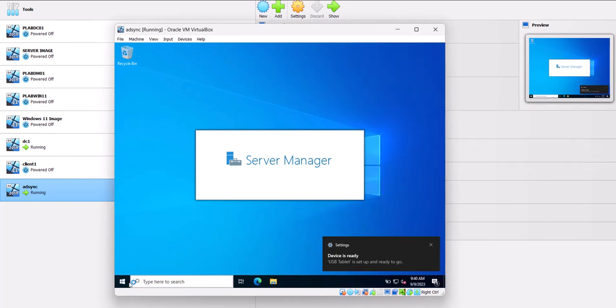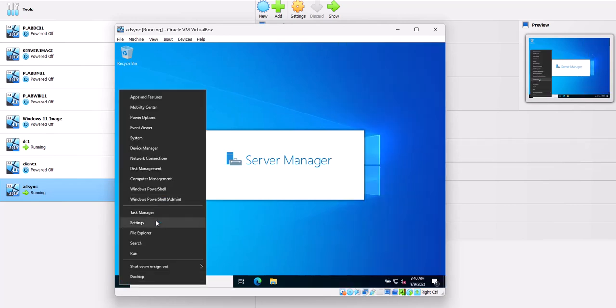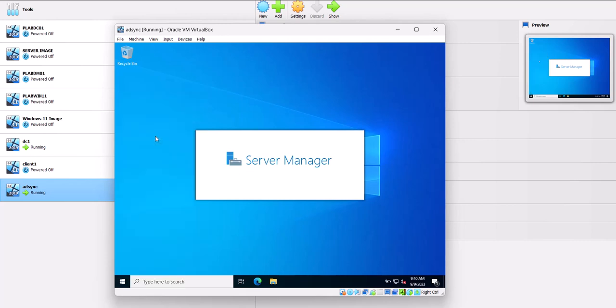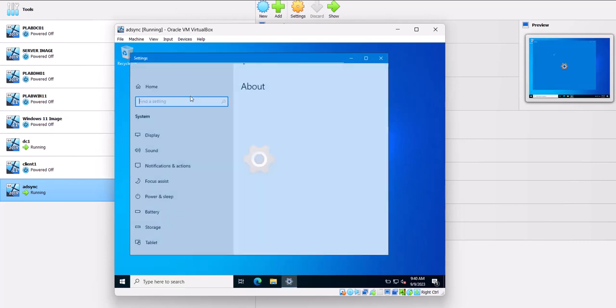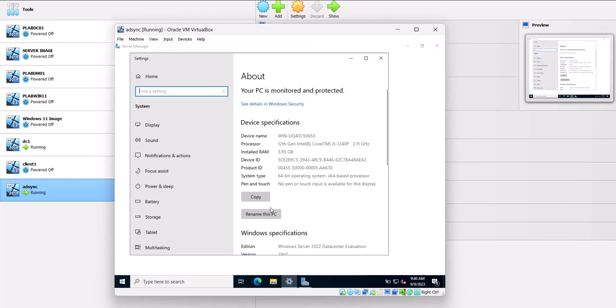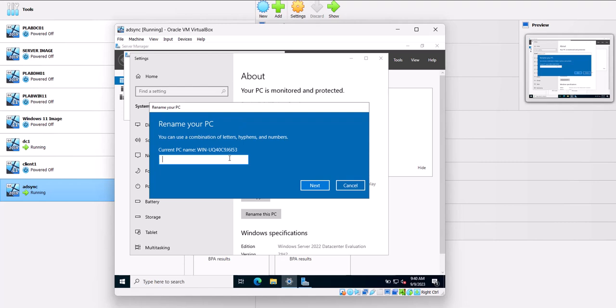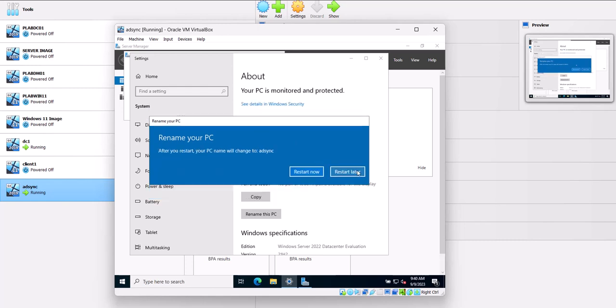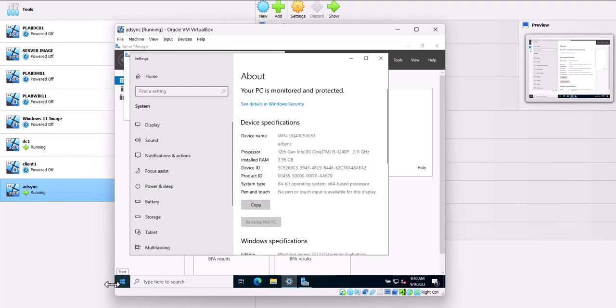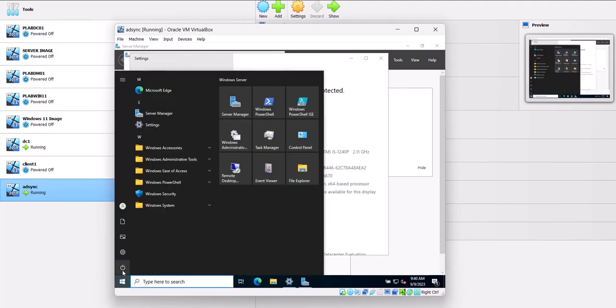Before we join this machine to a domain, we need to change the name of this machine server. We're going to call it AD Sync and restart the machine. I did have to change the network setting on this because I didn't do that. AD Sync. So I'm going to click next. And then I'm going to do restart later. I'm going to do a shutdown on this for now because I need to change the network settings. So let's go ahead. Once this shuts down,